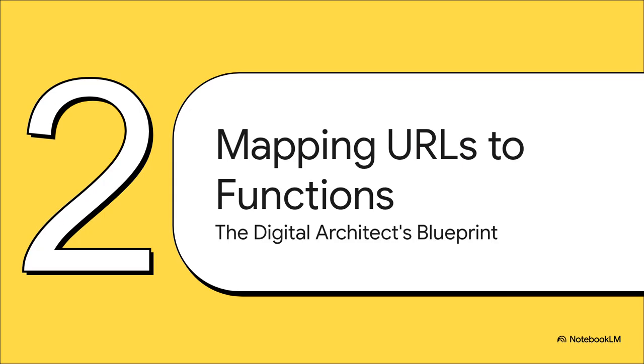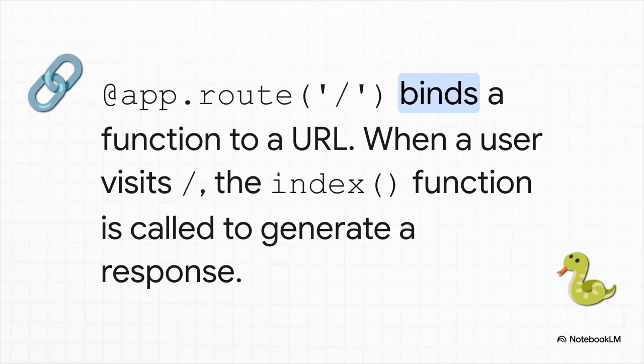All right, let's get our hands dirty and build our first, most basic room in our digital house. In Flask, this is all about mapping a URL directly to a Python function. Check this out. This is the fundamental building block of any Flask app. That @app.route thing, that's what we call a decorator. It's a slick piece of Python that wraps our function and tells Flask, when someone visits the main page, the one that's just a single slash, I want you to run this index function right here and send